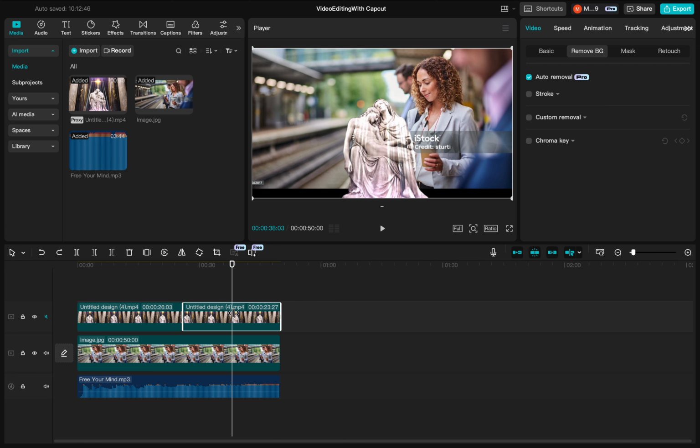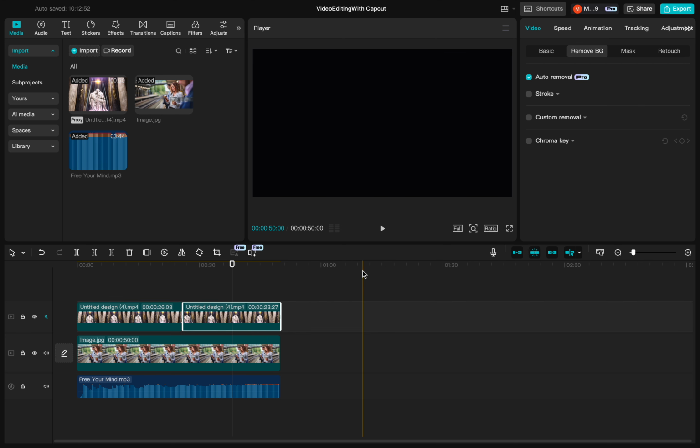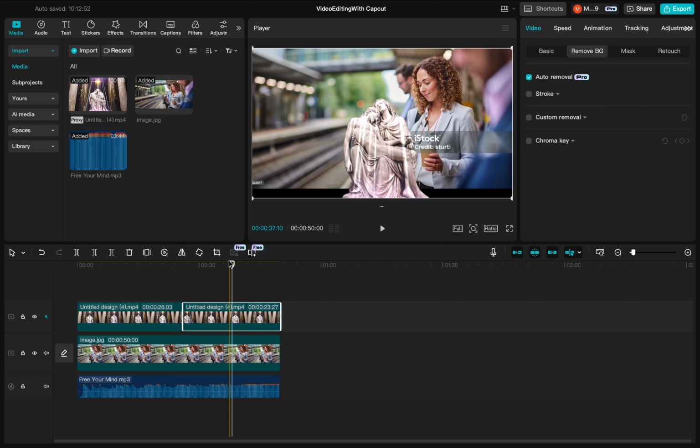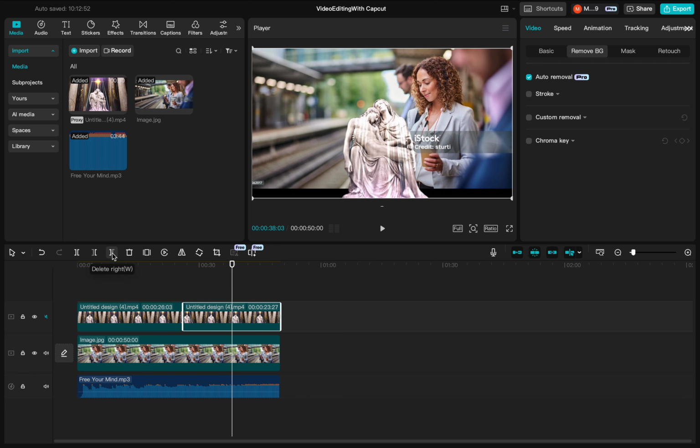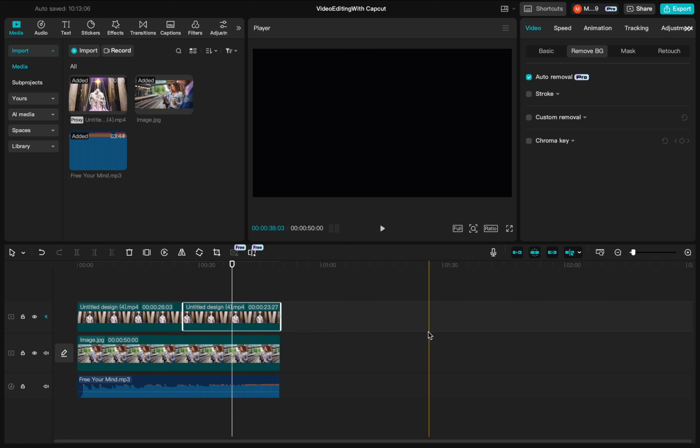Whatever part you want to cut, you have to select it and remove it. That's another option. Also, you can delete on the right or left, or you split the video into different parts for you to make more edits, or you simply